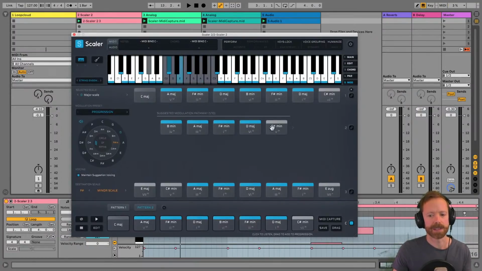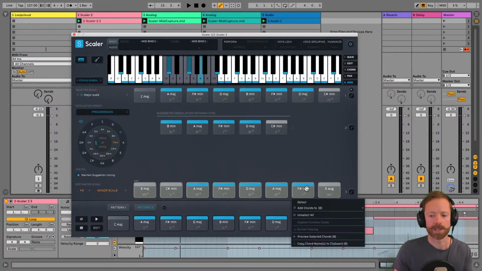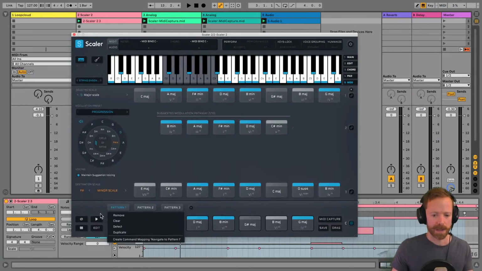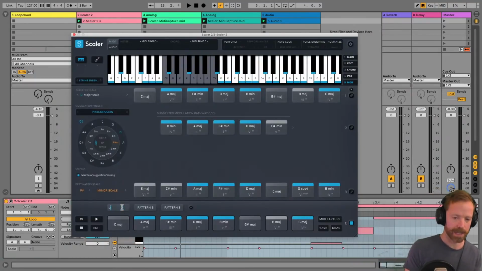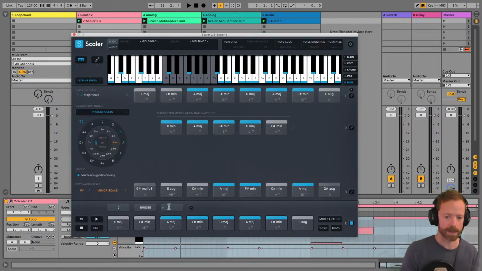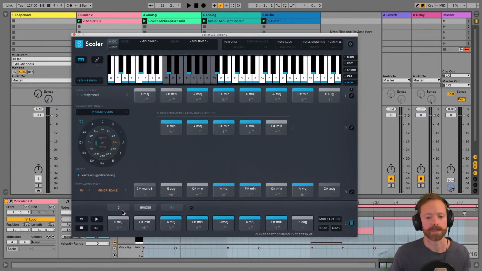Yeah, exactly. So it pretty much always gives you the dominant of your new scale, which is F# minor here. So it gives you C# minor, the 5th there. That gives you your bridge section, and then you've got your new sequence, which you can then right click and add to a 3rd pattern, which can then be your sequence in F#. So you've got your D there, you've got your bridge there, and then you've got your F# there.